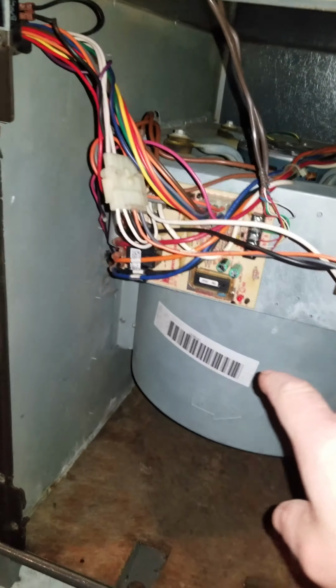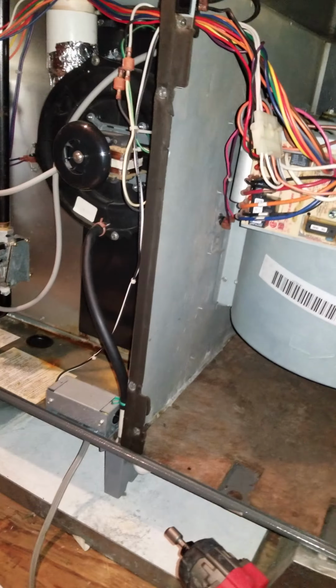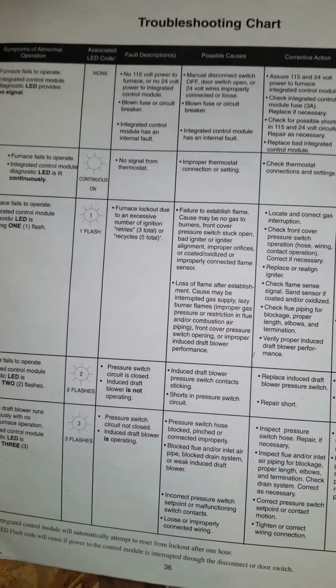And it flashes 3 times on this LED indicator. It flashes 3 times. So when this cover is on, we could see the flash through the little window here. And according to the troubleshooting chart that I have for my model, it says that